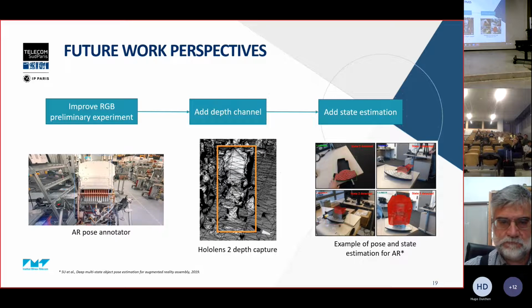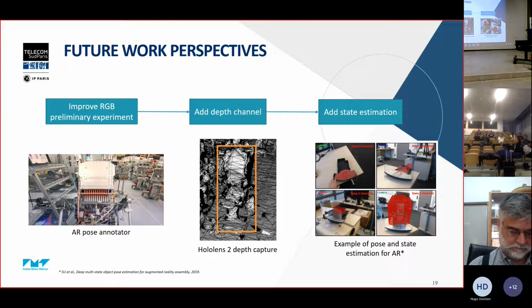So now the future work perspective. First, we want to finish improving this preliminary experiment to really validate the fact that we can't do 6D pose estimation in this case with only RGB data. So mainly we will add an augmented reality pose estimator that will help us with the 6D pose annotation. The idea is to place a 3D bounding box in AR around the object. And from the box, it's really easy to retrieve the 6D pose label. And as a bonus, we can get the object dimensions,